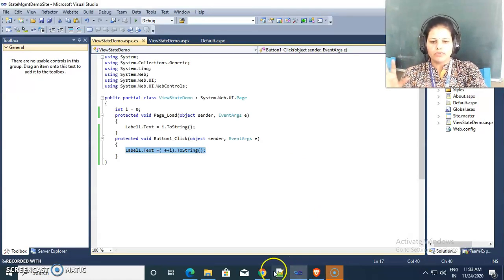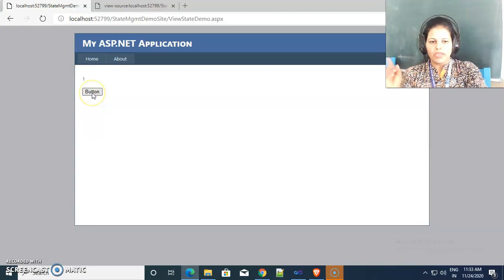here, if we want the result that whenever we click on the button my value will be incremented 1, 2, 3, 4, it means I want that old value of the label and to increment that old value. So we want such functionality, but which protocol is used here? HTTP, that is Hypertext Transfer Protocol, is used whenever we request a page from the server, and whenever the server sends back a response to the client machine.